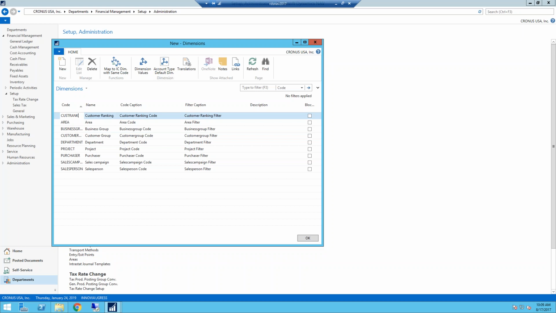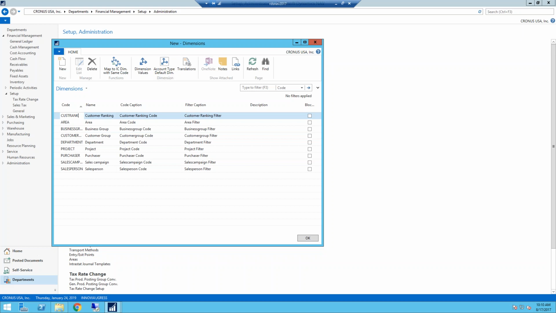And so now I want to go to my next slide, which is default dimensions. I won't actually show this on the screen, but once you have a dimension set up, so let me kind of back up a second and talk about how this cust rank would be used. What we want is,